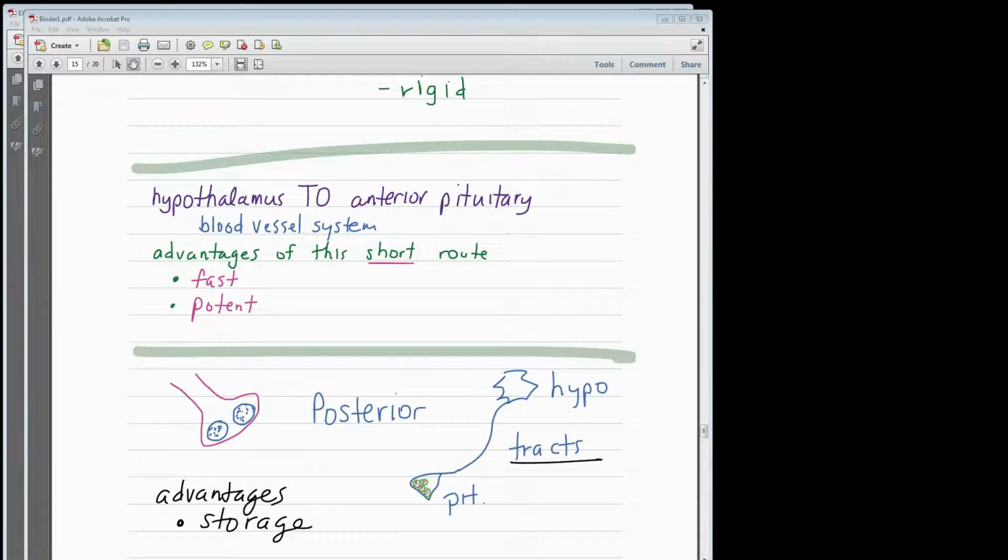You usually create enough hormone in the hypothalamus and send it down the duct into the terminal, and enough is made and stored to last between 12 and 14 hours. And the two chemicals that are being synthesized are oxytocin and ADH. So it does have the advantage of a much higher capacity of chemicals being stored than the anterior